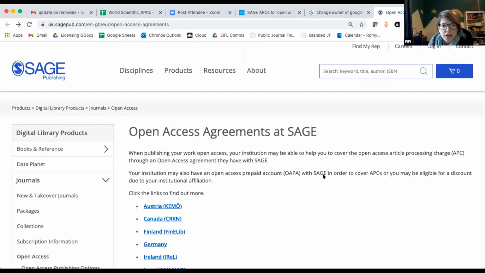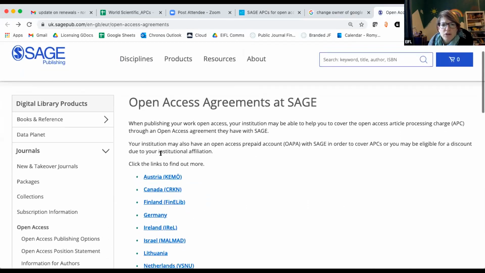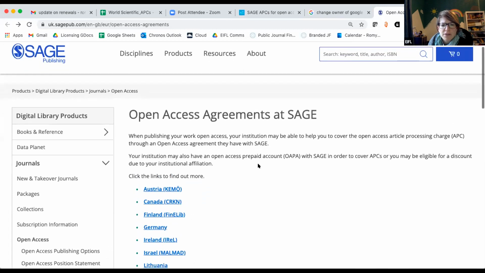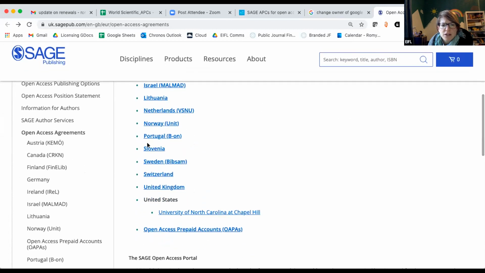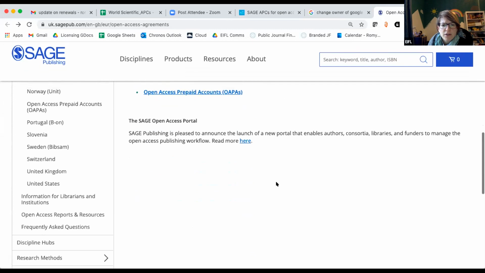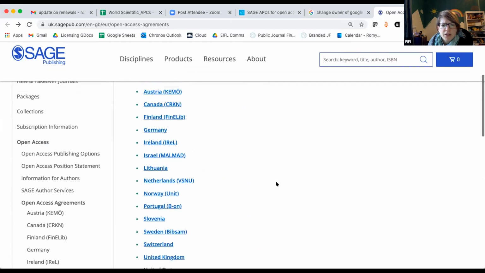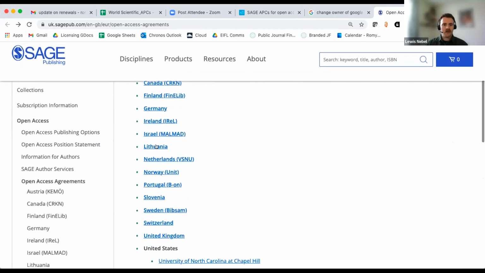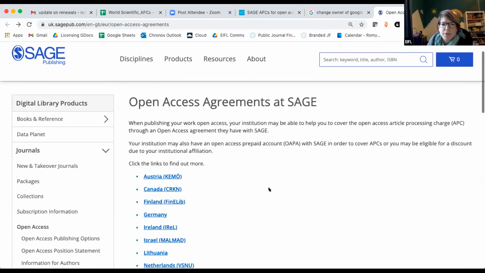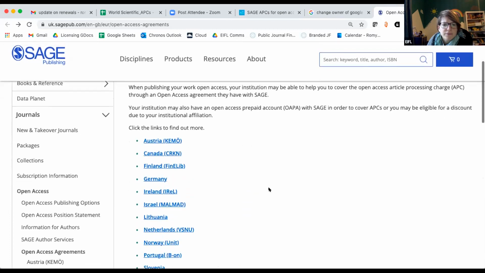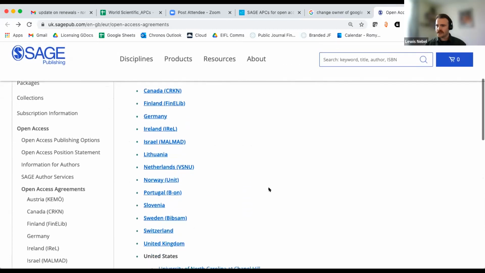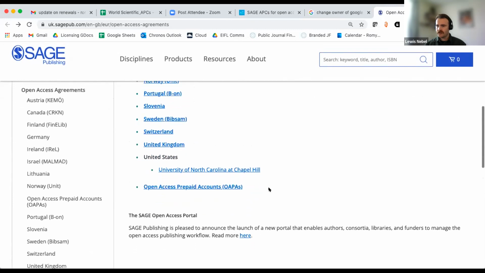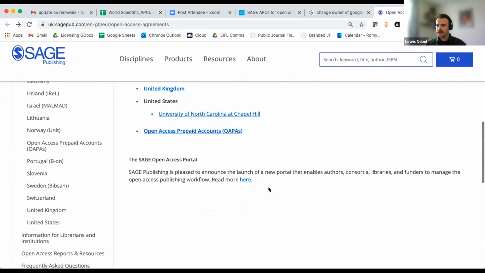Maybe just to finish off, I'll share this link that you sent, which has a list of all of the open access agreements in Sage. So this is only the read and publish agreements, isn't it? For EIFL, Lithuania and Slovenia would be listed here. We should have a list of gold discount agreements as well.